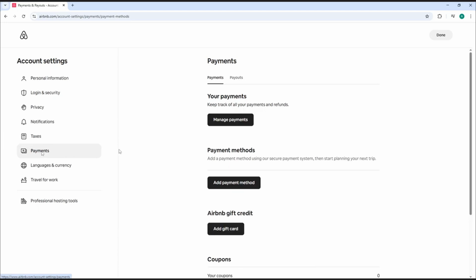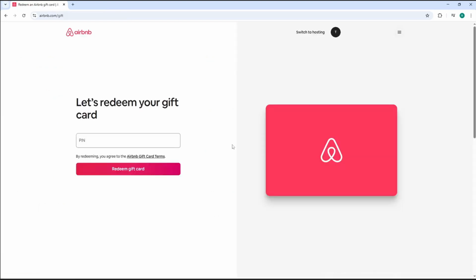Now, enter your gift card code and the accompanying PIN. If you have a physical card, gently scratch the protected area to reveal the PIN. If your card was delivered digitally, copy the code carefully to avoid typos. Watch out for similar-looking characters and don't worry about dashes. Airbnb typically formats those automatically. Double-check both fields before moving on.